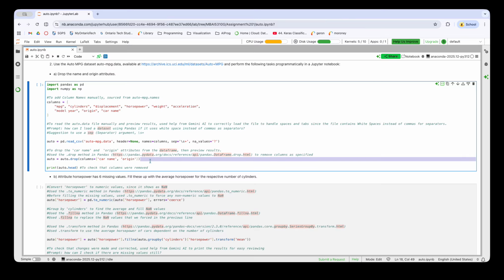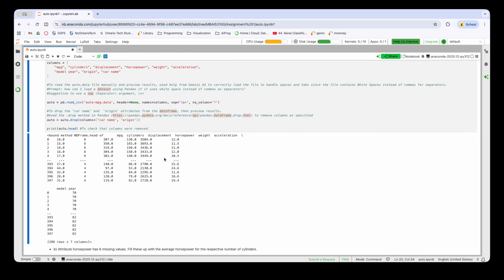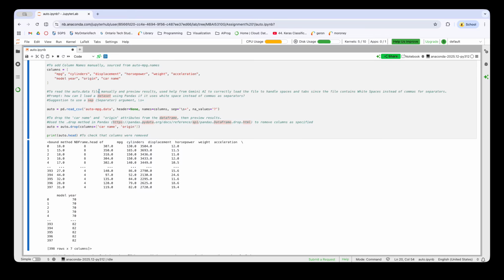So then the first part of this assignment was to drop the car name and origin attributes. Use the dot drop method in pandas to remove the car name and origin columns, which I referenced from the pandas documentation for the setup. So from here, we use print auto head just to check that the columns were removed. So we can see that there's MPG, cylinders, displacement, horsepower, weight, acceleration, and model year, and no more origin or